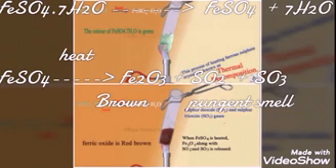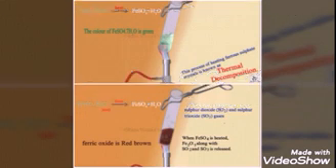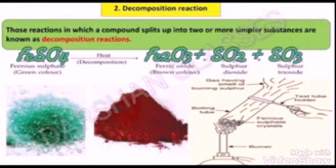The second example is heating of ferrous sulfate crystals, FeSO4.7H2O, which is pale green in color. It decomposes on heating and forms white anhydrous FeSO4 by the loss of 7 water molecules. On further heating, FeSO4 decomposes to form reddish brown ferric oxide Fe2O3 with the release of pungent smelling gases SO2